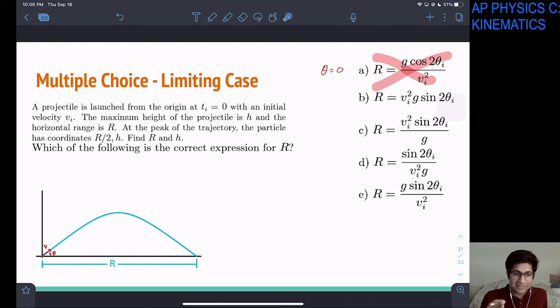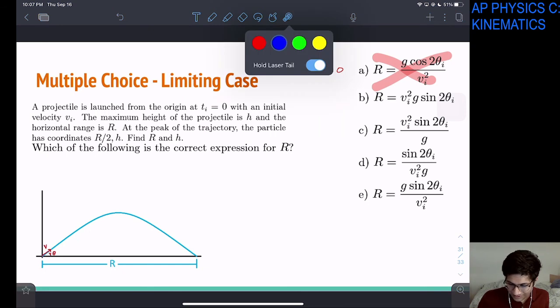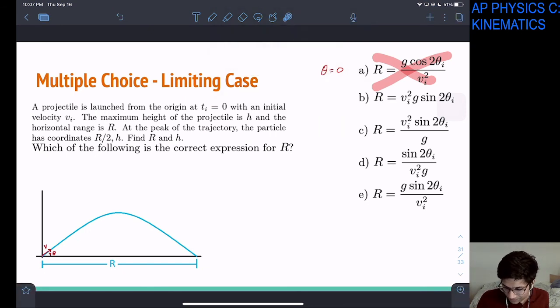And now what if we do the same thing, but on Mars? Let's do it in a zero gravity environment, actually. If we do it in 0 G's, we're going to throw the ball, and it's going to keep going up and up and up. There's no gravity to pull the ball back down, right? So our R is going to be infinite. It's going to go infinite distance. Let's see what the answers give us. If we let G equal 0 gravity,